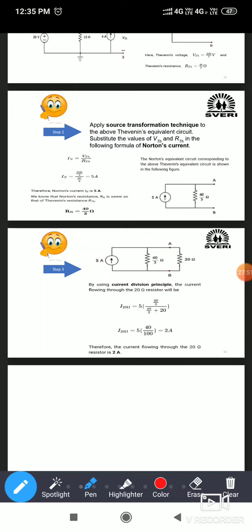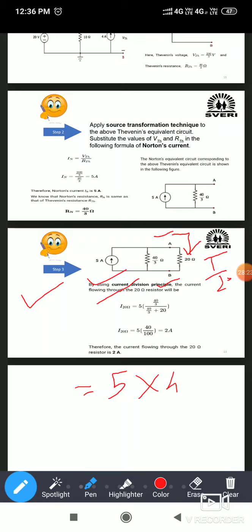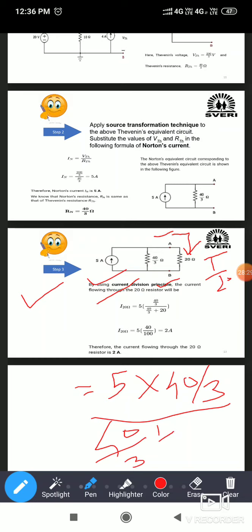Now what is the question here? The question is asking, find out current passing through this 20 ohm, that is considered as I or I20. Okay. Now here that will be considered in step 3. So here connect the 20 ohm resistor between two terminals A and B. So circuit will be like this. So here you can easily apply the current division. So current division means what? Total current 5 divided into the opposite branch resistor, that is, the resistor of the branch opposite to the one from which you want the current, that is 40 divided by 3 divided by 40 divided by 3 plus 20.